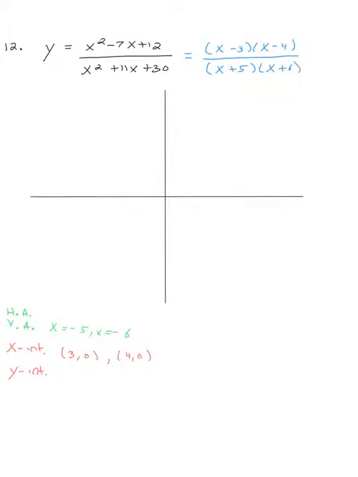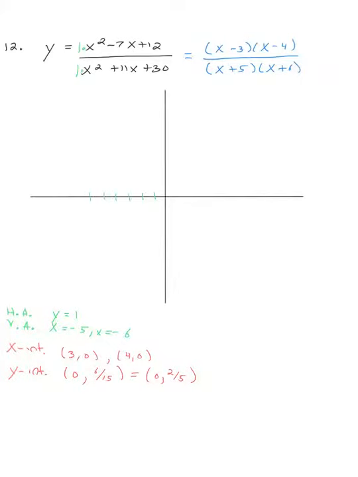My y-intercept is going to be the ratio of the two numbers at the end, which is 12 and 30. All right, so let's see, that would be... If I cancel a factor of 2, that is 6/15. Could also cancel, I guess, a factor of 3, so that's 2/5. And my horizontal asymptote is going to be the ratio of the numbers from the x squared terms, that's y is equal to 1. So if we put all this in here, that's negative 1, 2, 3, 4,